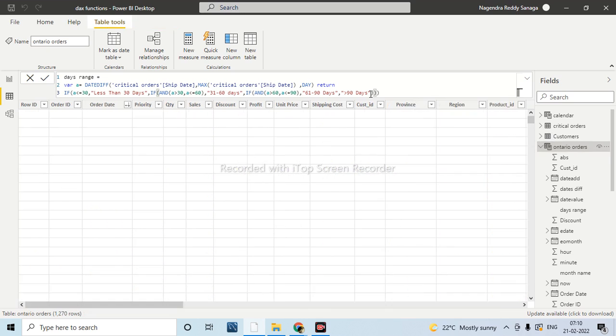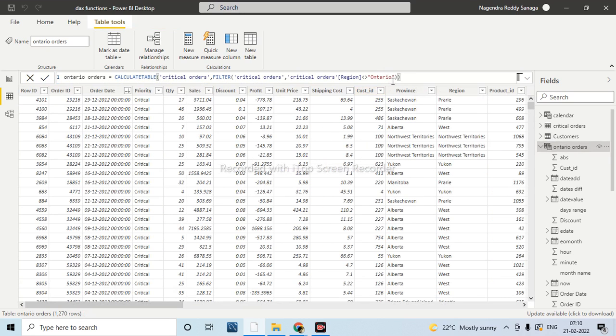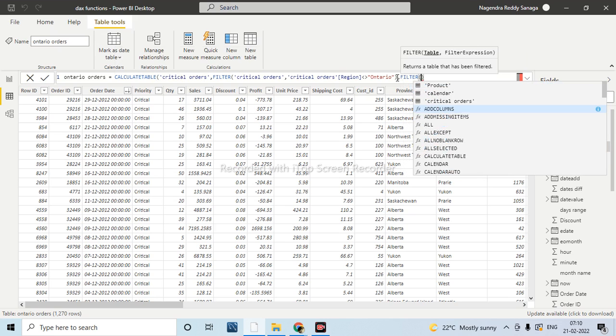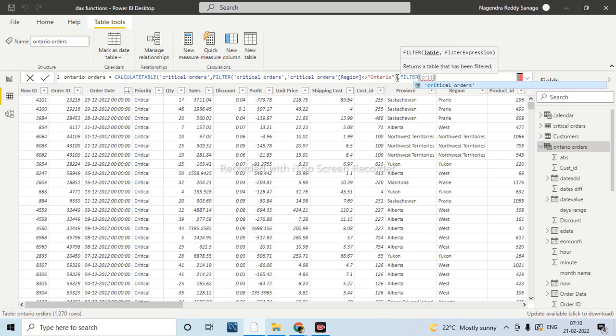Now here, earlier we were taking all the orders apart from the Ontario region. Now my requirement is, in all the orders, I want only the last 7 days. That means I need to apply one more filter. Same, I am taking the critical orders table, comma, the column which we created, days range.